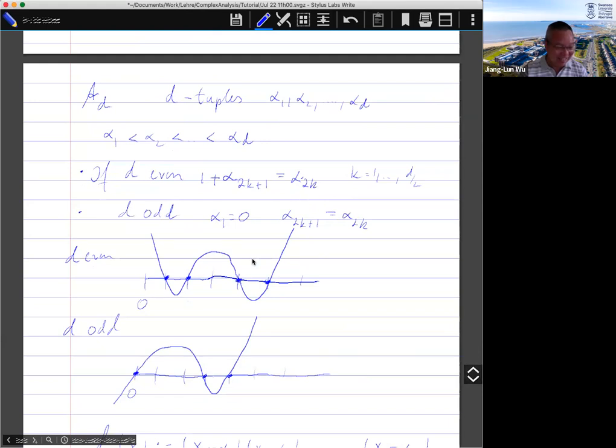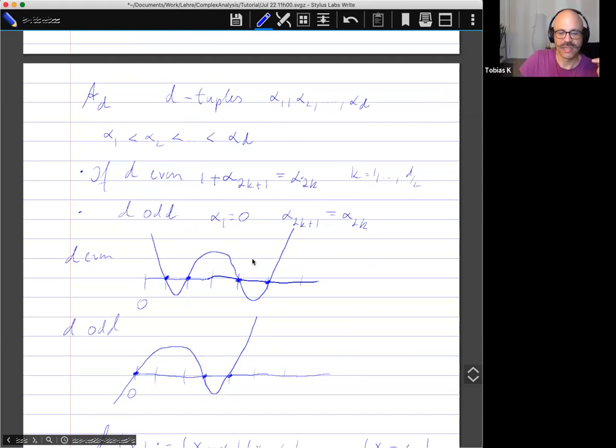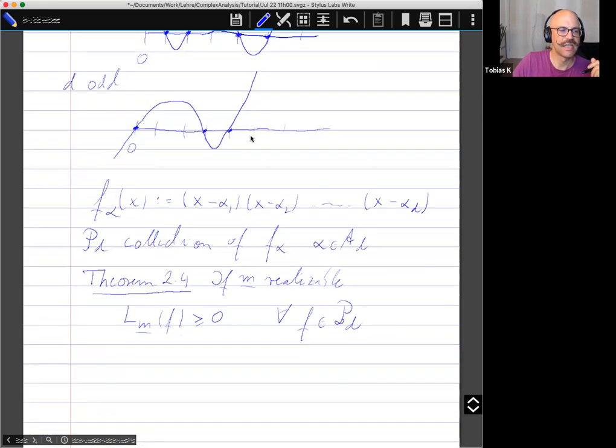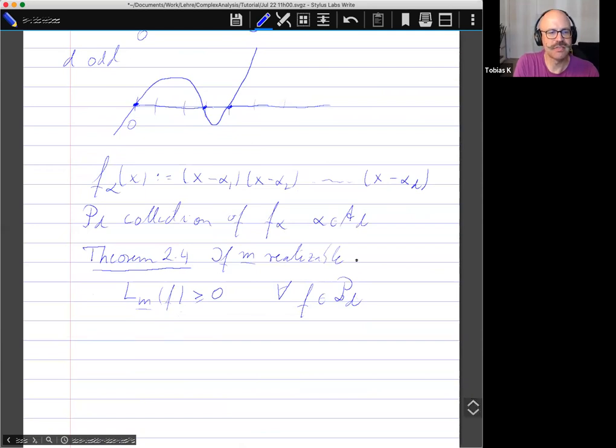Okay, welcome back everybody. Before the break, I was telling you that we want to consider particular polynomials which give rise to a collection of conditions. We were considering d-tuples, and looking at polynomials on the natural numbers which are non-negative on the natural numbers and have exactly d zeros. I painted some pictures to give you an idea how they look. The main theorem for necessary conditions says that if M is realizable, then this is true for all